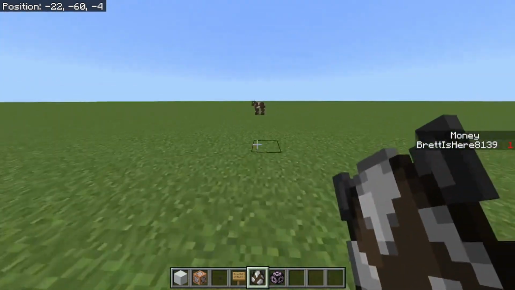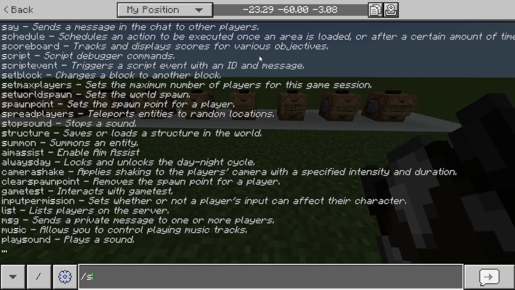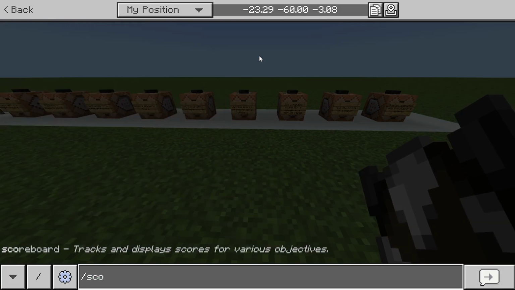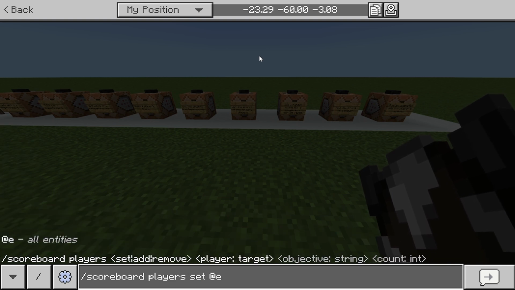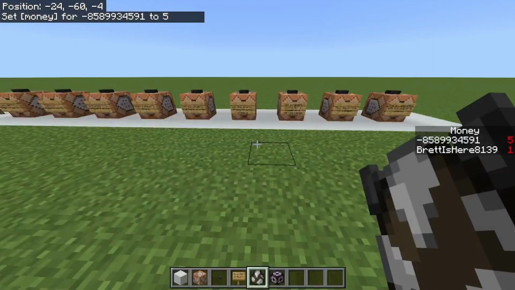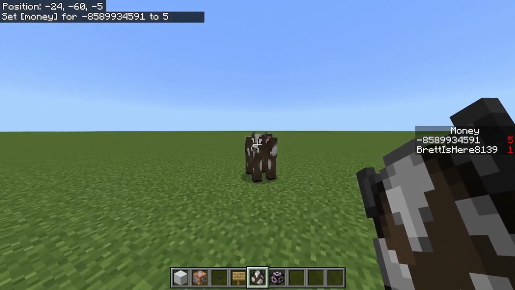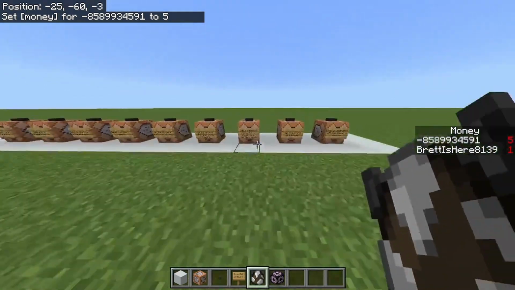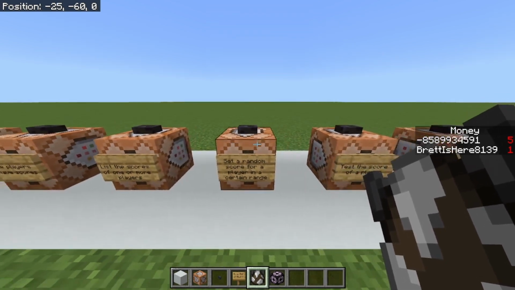So if I go ahead and go to this cow over here, which I actually don't have to go over to. So if I go ahead and do slash scoreboard players set, @e type equals cow, and then I make it the money score, and I'll set it to say 5 or something. The reason it doesn't actually have a name is it just says a random number. I don't know why it does that. And even if you use a name tag on the cow, it still doesn't change it, which is kind of annoying because I feel like that'd be a cool effect if you could do that, but you can't. So I'll show that up.